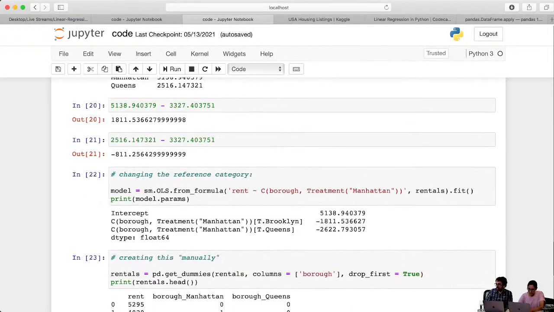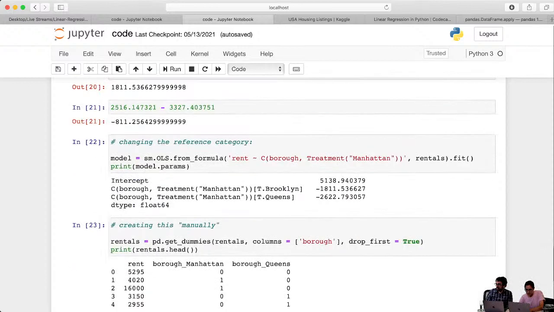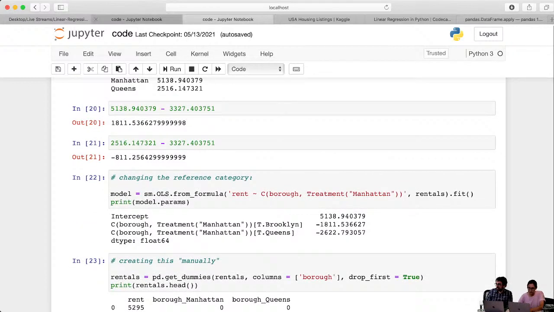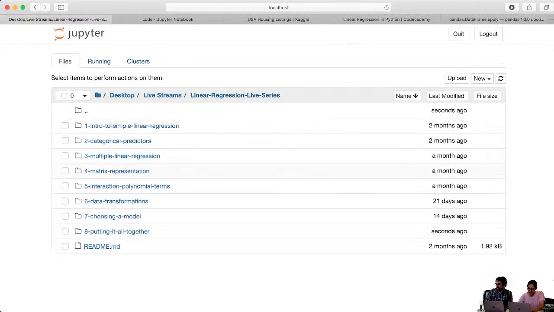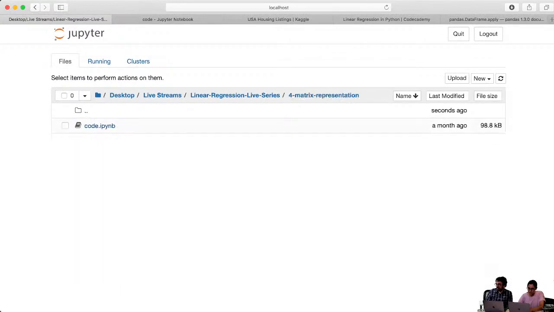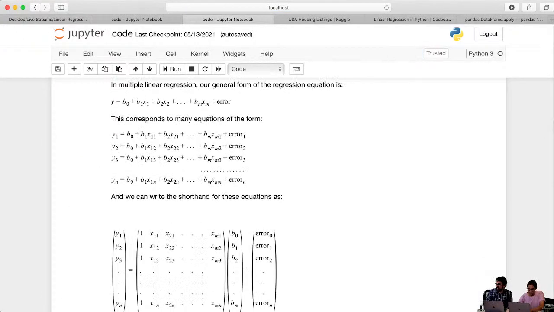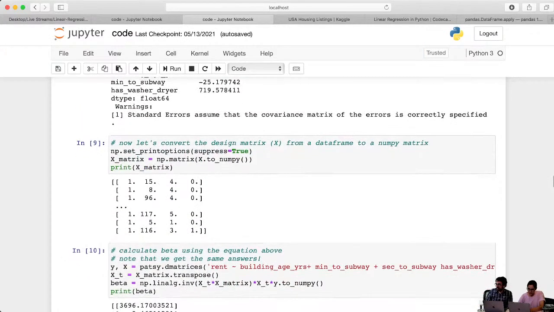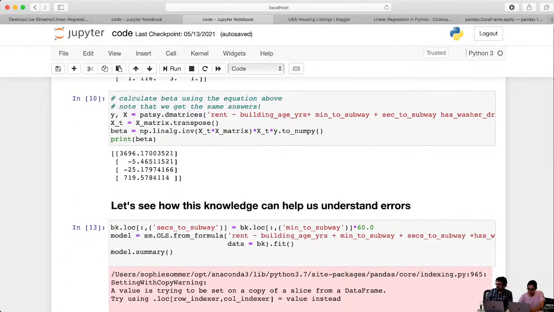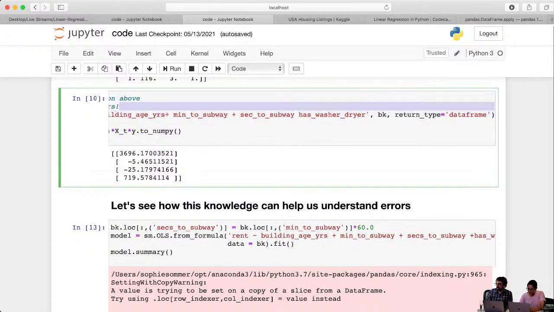I may have done this. No. Let me try one more place. Matrix representation. Yeah. Okay, so this was a